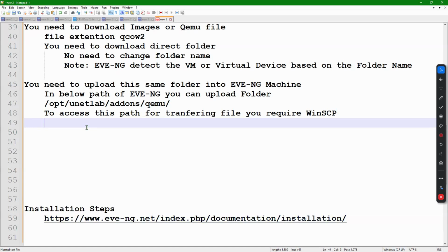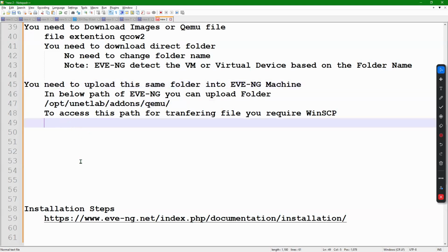WinSCP is a simple small tool to access FTP, for managing files. When you open that tool, it will ask for the ID and password via Telnet or SSH connection. You already know the ID and password of the EVNG, so you will find two windows: one side your data, one side EVNG data. You just need to copy and paste. That is called upload.